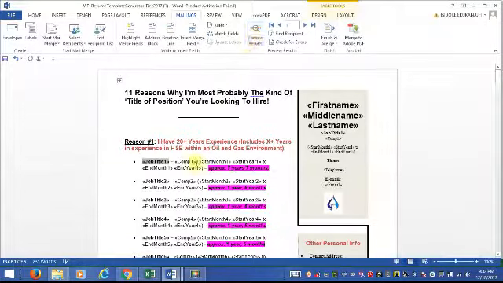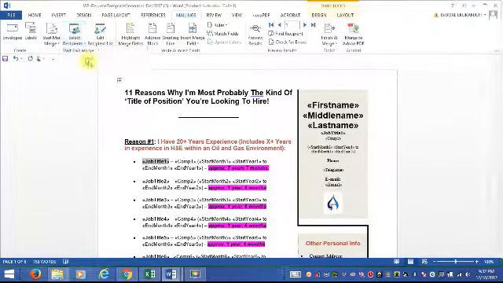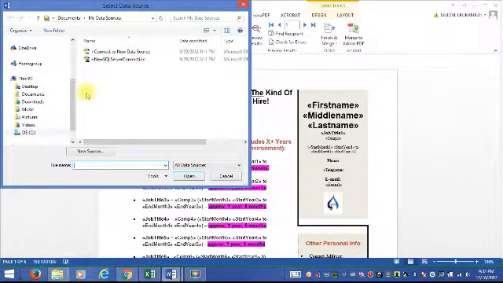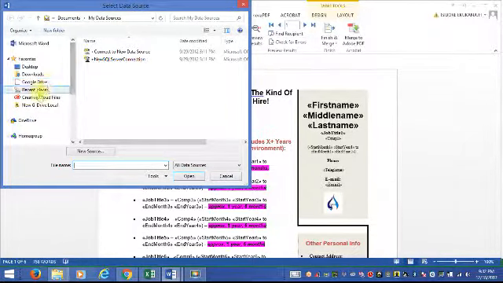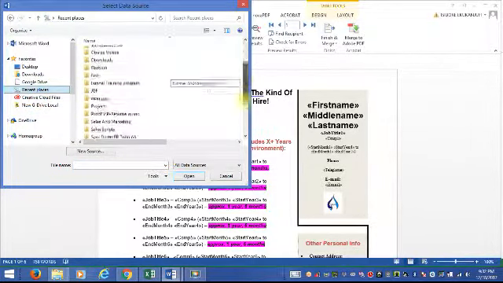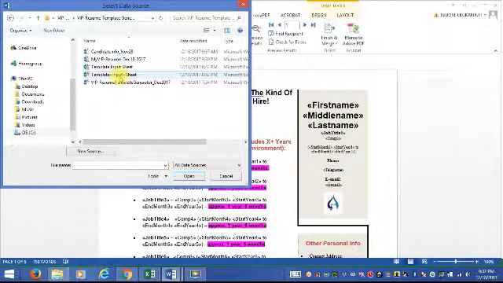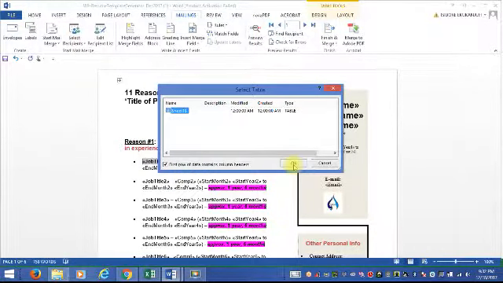When you click on preview results, it will go back to the initial template. You will now see first name, middle name, last name, all of this crazy stuff here. So it is now set to the template, and then you make sure that you go to select recipient to make sure that everything is connected and you're happy. You go to select recipient and search for the folder where you have your template generator. Go into that folder. What you are doing here is linking that document to your Excel sheet. You link this to your Excel sheet to make sure that it picks the most recent changes,